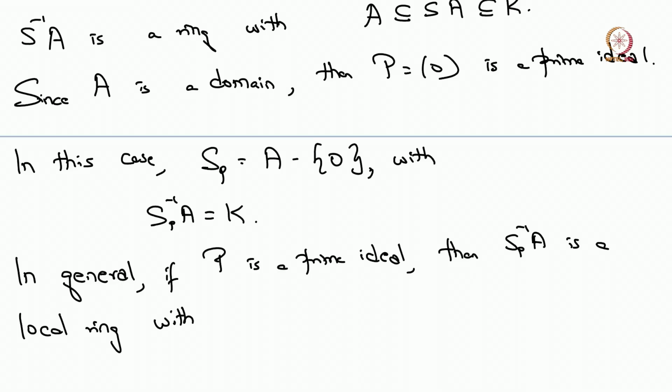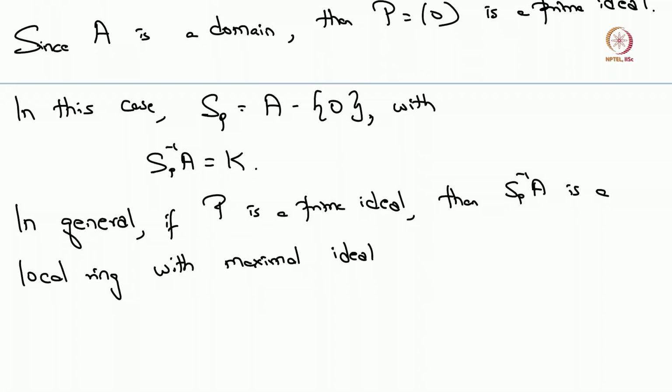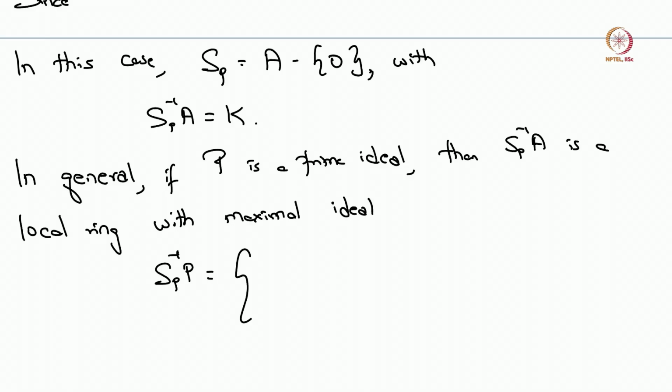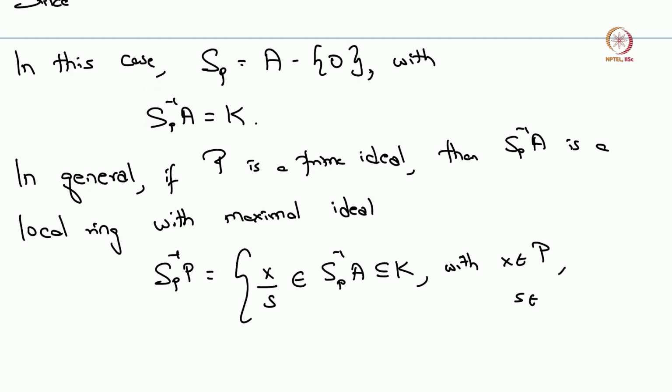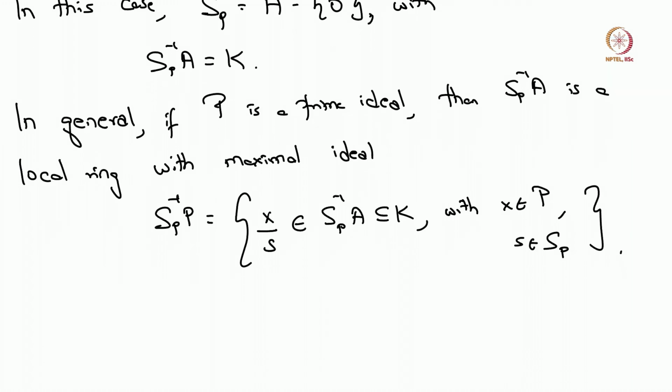And what is the maximal ideal? It's in fact given by the localization of P. So S_P inverse P, which is again all expressions of the form x over s in this ring inside the fraction field with the property that the numerator belongs to the prime ideal P and the denominator belongs to this multiplicatively closed set S_P. Okay, and in general you have this new ring S inverse A. What are the ideals